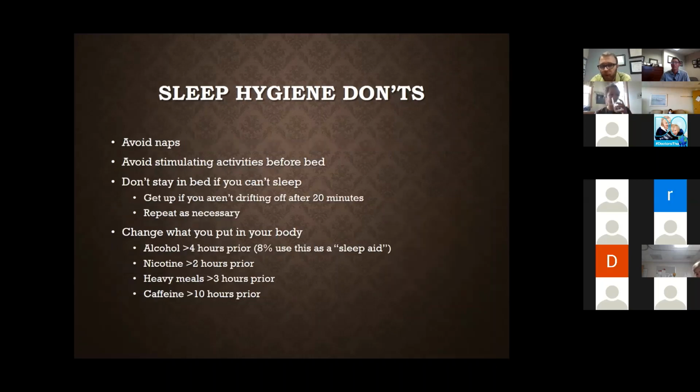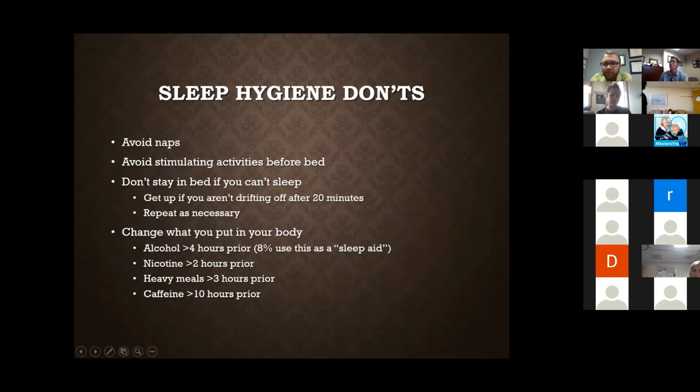Some of the things to avoid: telling somebody to do something is usually a lot easier than telling them not to do something. Some of the things we tell them not to do are avoiding naps. Naps can create a cyclical pattern that perpetuates the problem: we're more rested, and then we don't want to go to sleep at night.